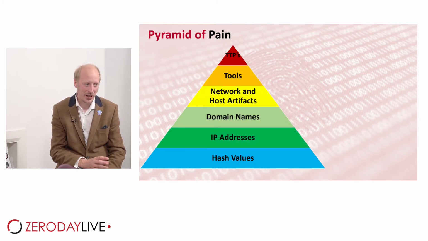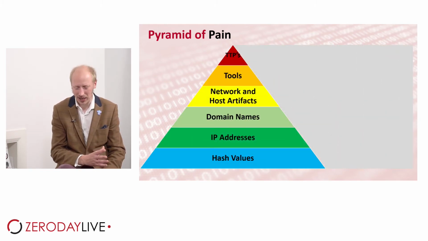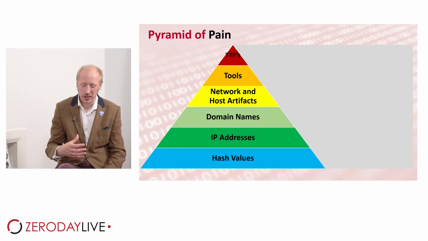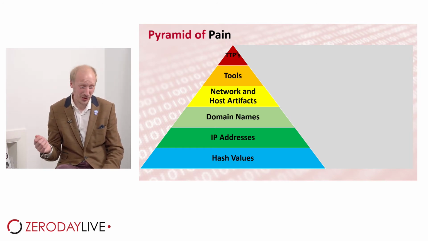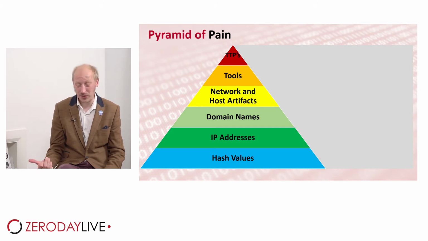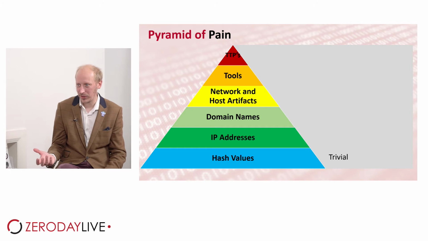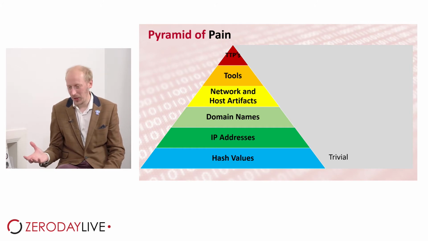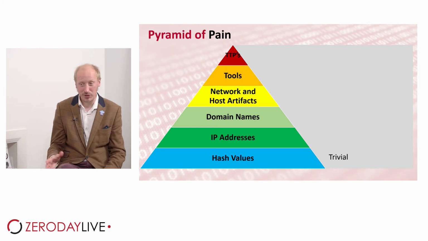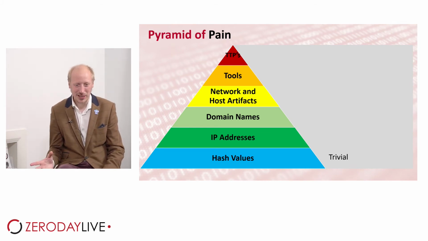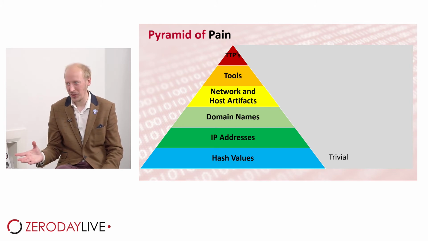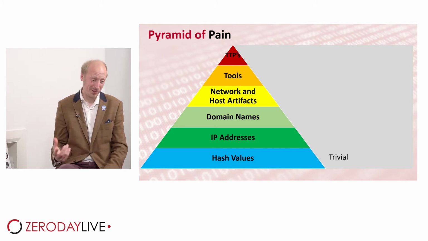Hash values, of any kind. Anyone who's done any kind of threat hunting investigation, malware analysis, or indicator of attack or indicator of compromise analysis knows there are loads of things to look out for. And my favourite is obviously hash values. They're pretty trivial to get and to understand. Chuck a file hash into VirusTotal and you'll pretty much find out whether it's malicious or not. You might be able to take different values out of different documents to understand whether it's the same campaign or a different campaign.